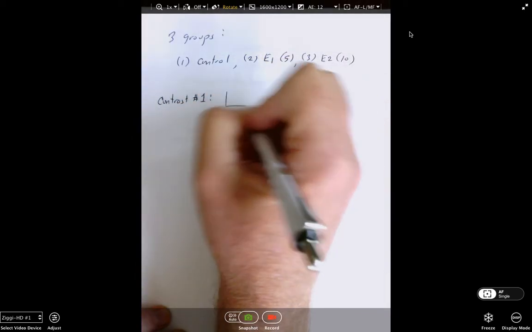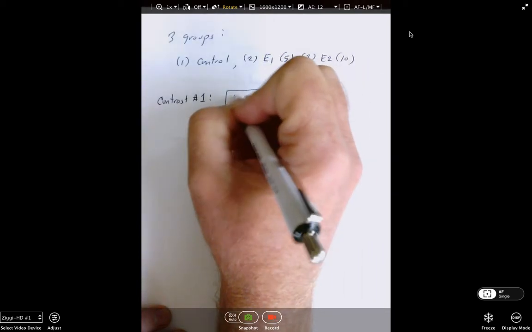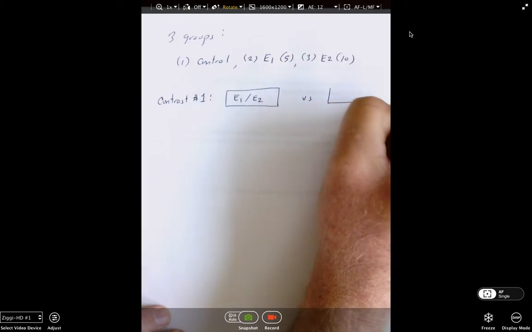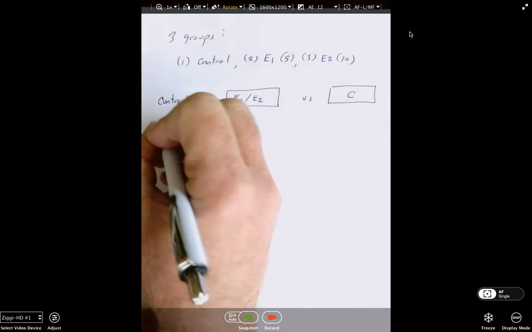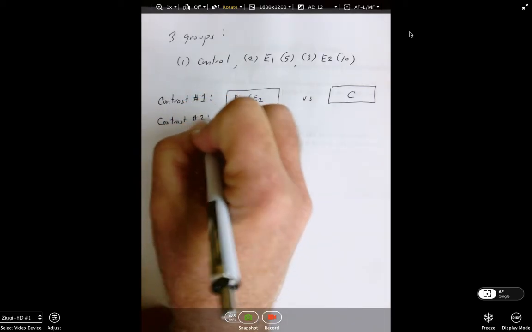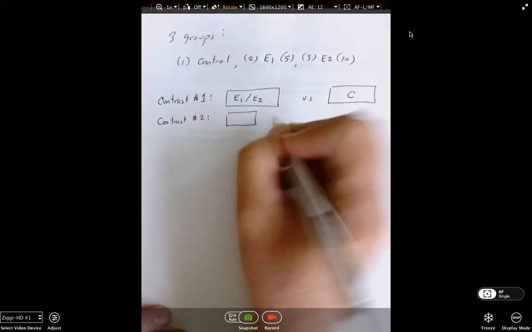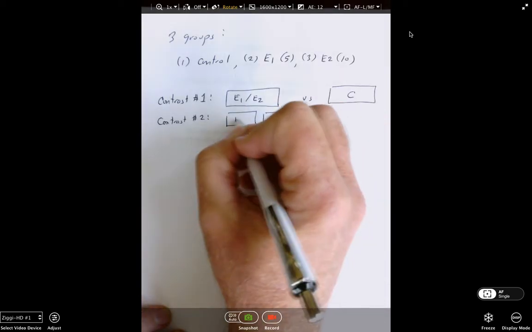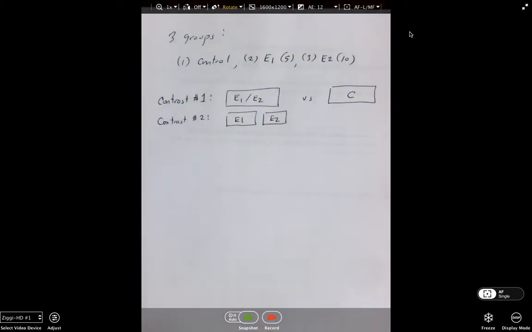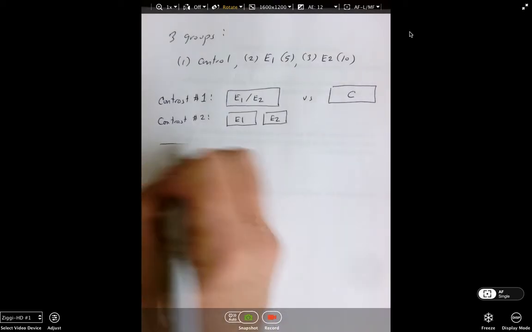Is the experimental 1, experimental 2 versus the control. Contrast number 2 examines the difference in means, if you will, with some correction, for the supplemental instruction programs, 5 hours and 10 hours. Now, for contrast number 1,